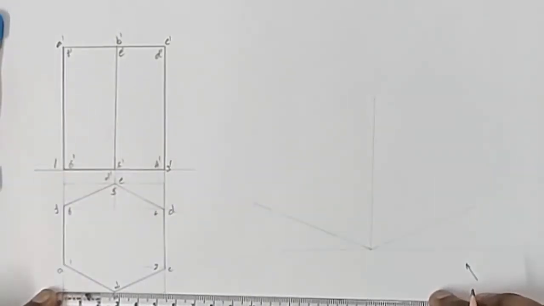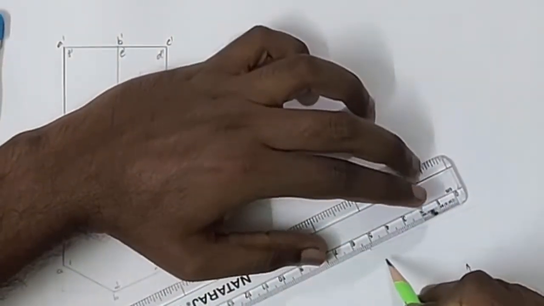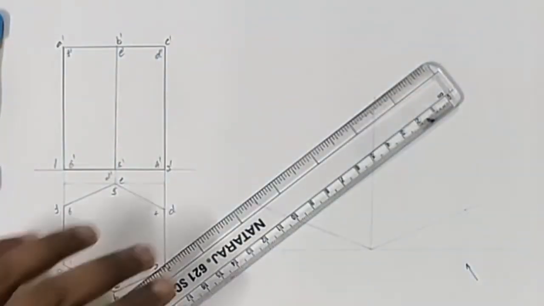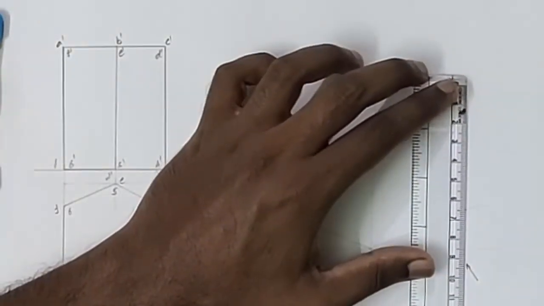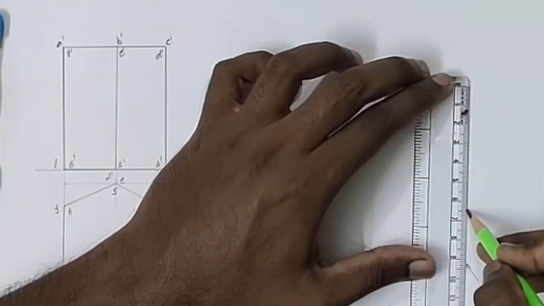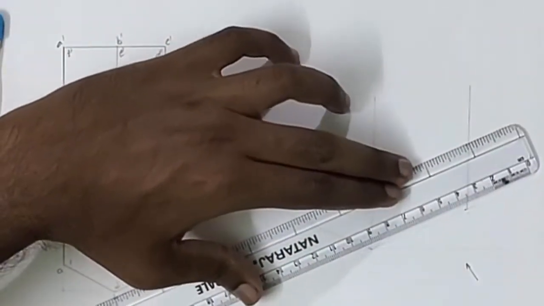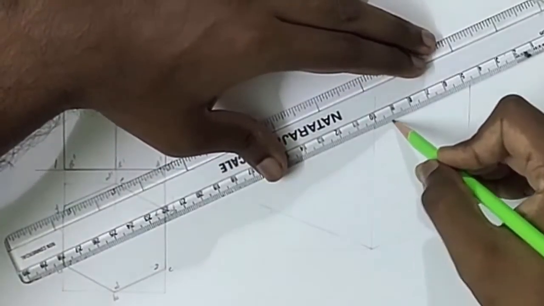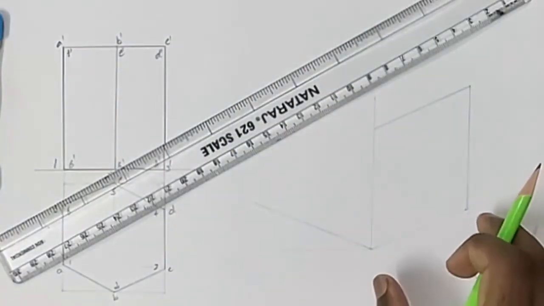Let us measure the length of the front plane, that is 54 mm. I am drawing 54 mm here. That is the width of the front plane. And then I am drawing the height of the solid as 65 mm. So at 65 mm, the solid's top face will be there. So I am drawing 65 mm, and I am drawing a line parallel to this 30° line. This is the front face, which measures 54 mm.